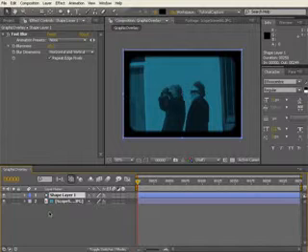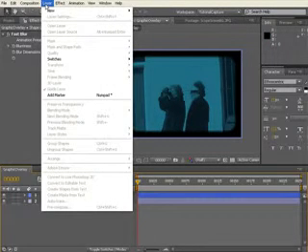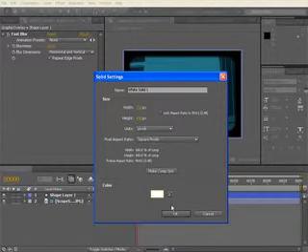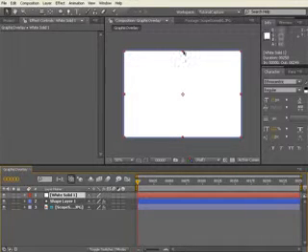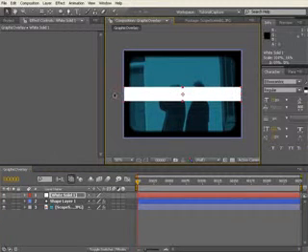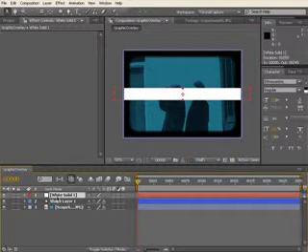So the next thing we need to do for our scope overlay is a solid element that we're going to have go up the screen to give an electronic type feel to the effect. So if we go new, solid, and we'll make it white, and the comp size is fine, and what we need to do is just resize this element, make it a little larger, and we'll rename it scan or screen scan,